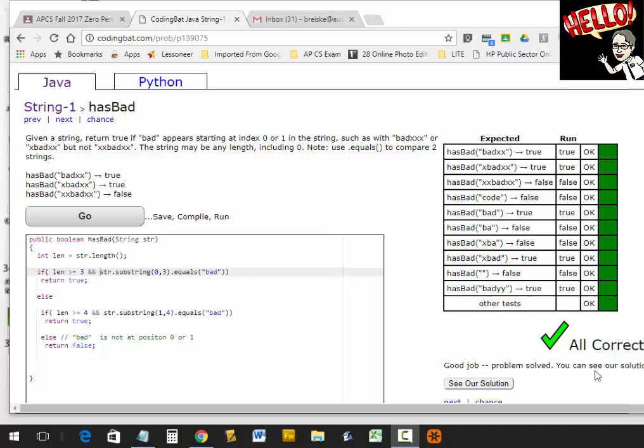Has bad: you wanted to see if the word bad, the letters B-A-D, occupied either the first three spots, that's position 0, 1, and 2 of a string, or else positions 1, 2, and 3 of the string. If it did, you return true. If not, return false. So I went ahead and found the length of the string first, because if it's